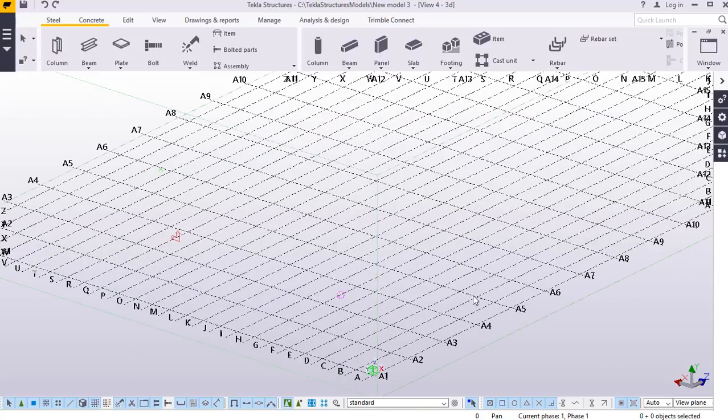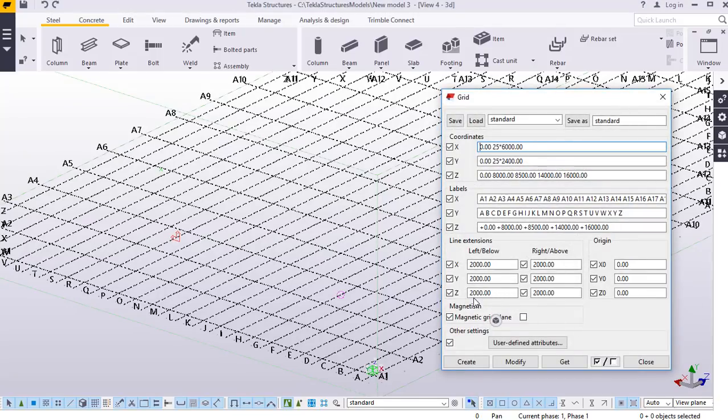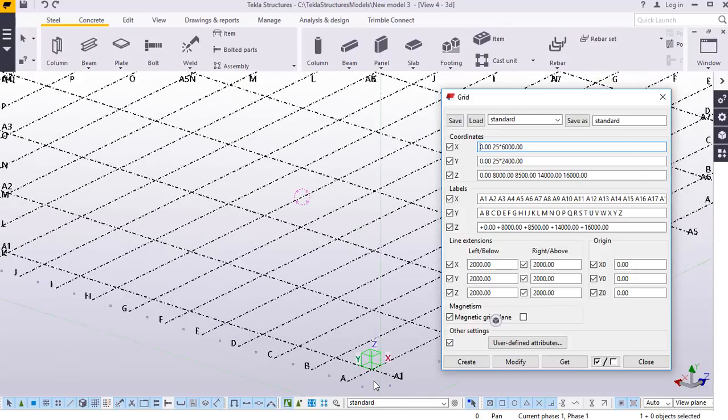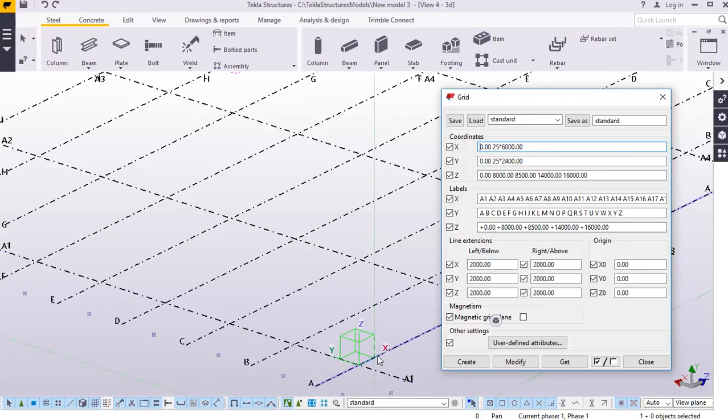To check that, just come here and double click on the grid. Then these grid properties will come up. On these grid properties, the key are coordinates and labels. If I zoom closer, you'll be able to see we have the x-axis, we have the y-axis, we have the z-axis. The z-axis has all the heights,